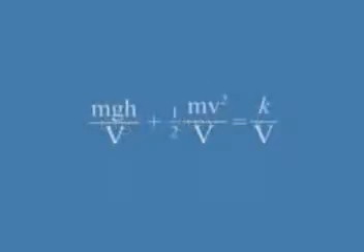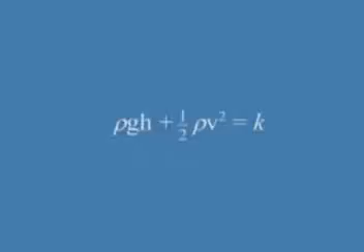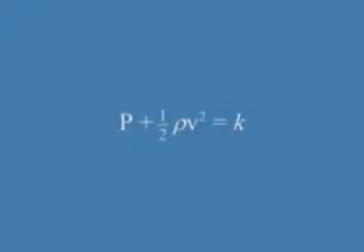Bernoulli's principle states that the total energy in a steadily flowing fluid system is constant along the flow path. Apply the law of conservation of energy. Then substitute the formulas. Divide both sides by volume, or V. Since V is a constant, and since density is equal to mass over volume, we can now rewrite the equation as